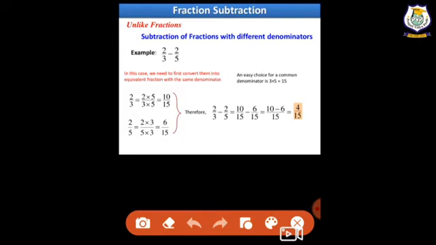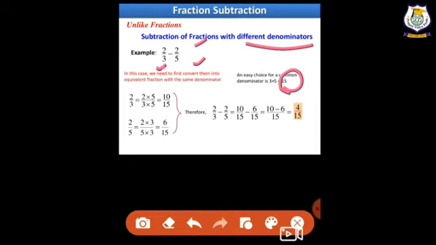So 2 by 3 is given and 2 by 5 is given. Here you should not be confused because the numerators are same. We don't have to do anything. If the numerators are same, we will have to focus only on our denominator part, right? Now here we will have to find out LCM of 3 and 5. Again it is 15. It means you will have to make that 3 and 5 into 15.